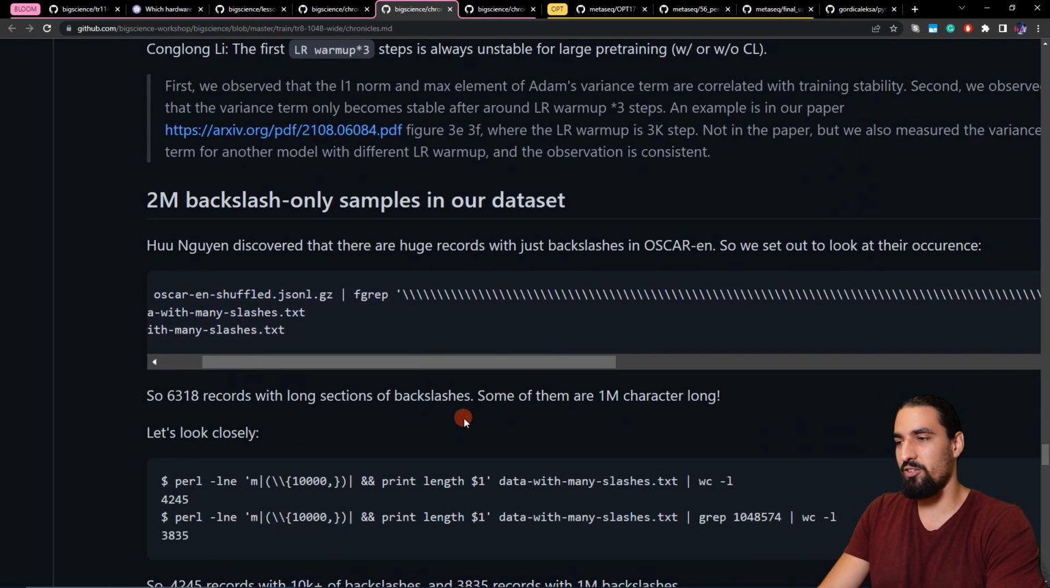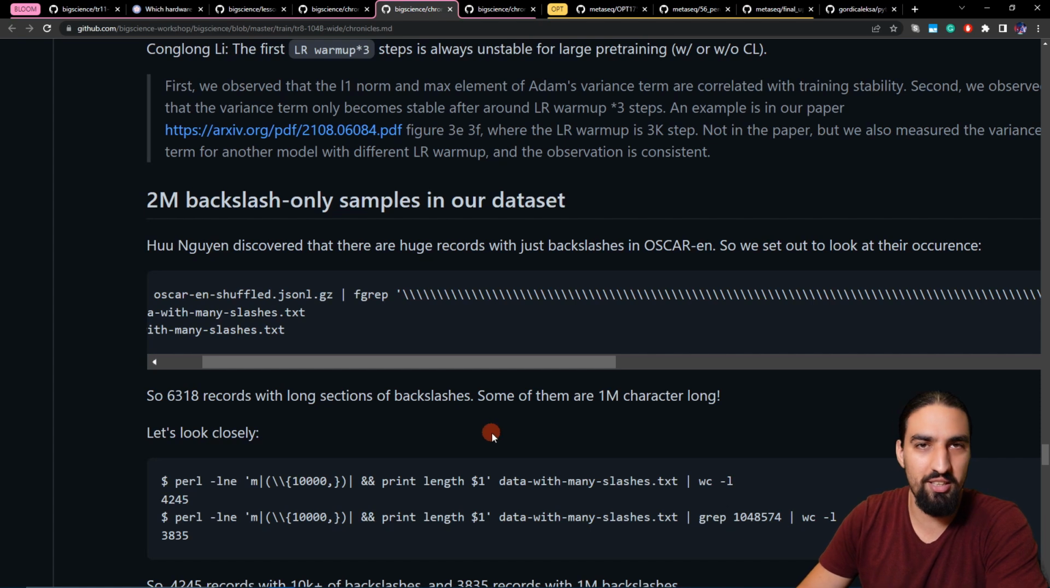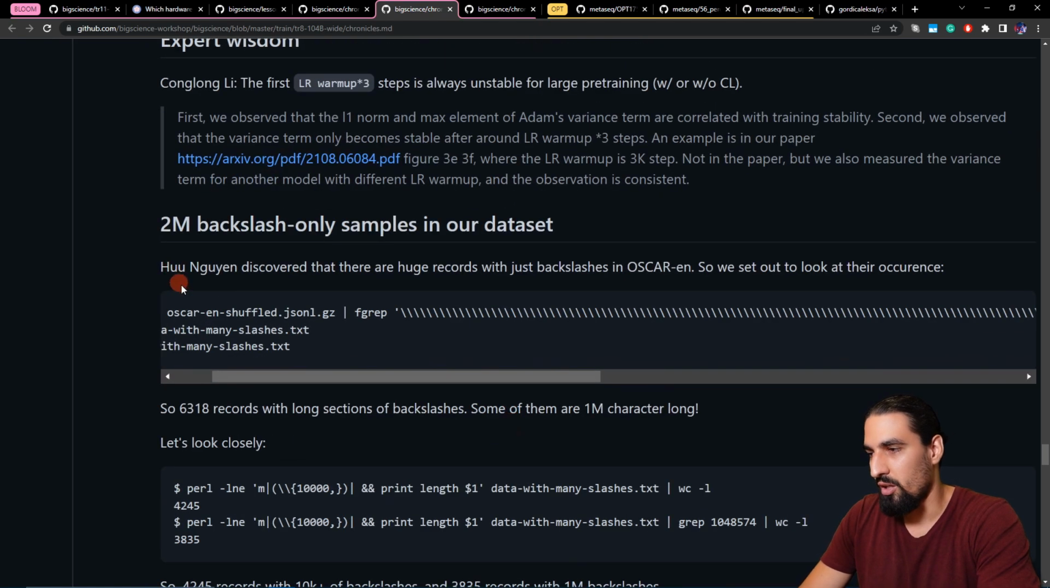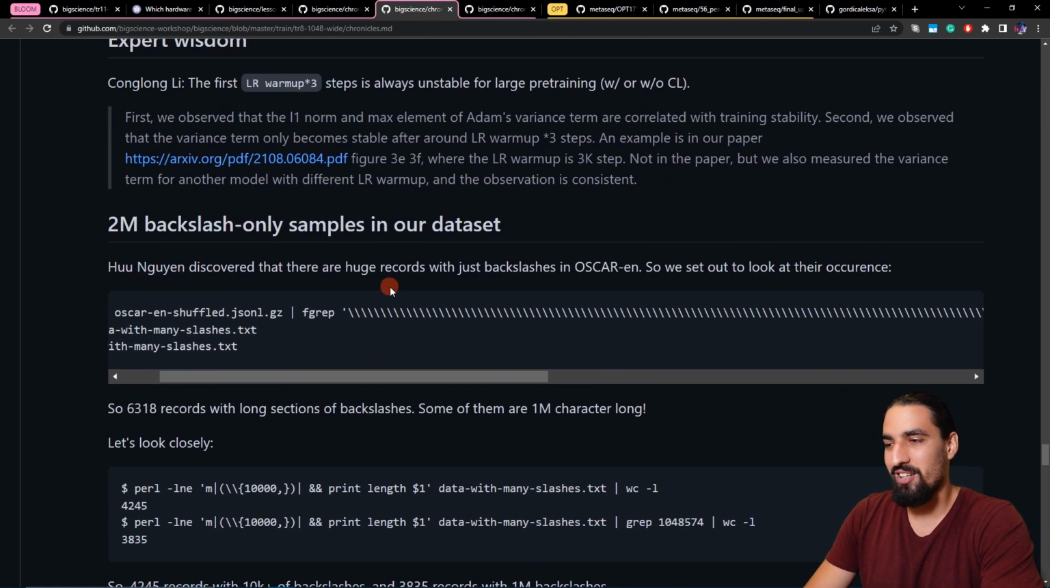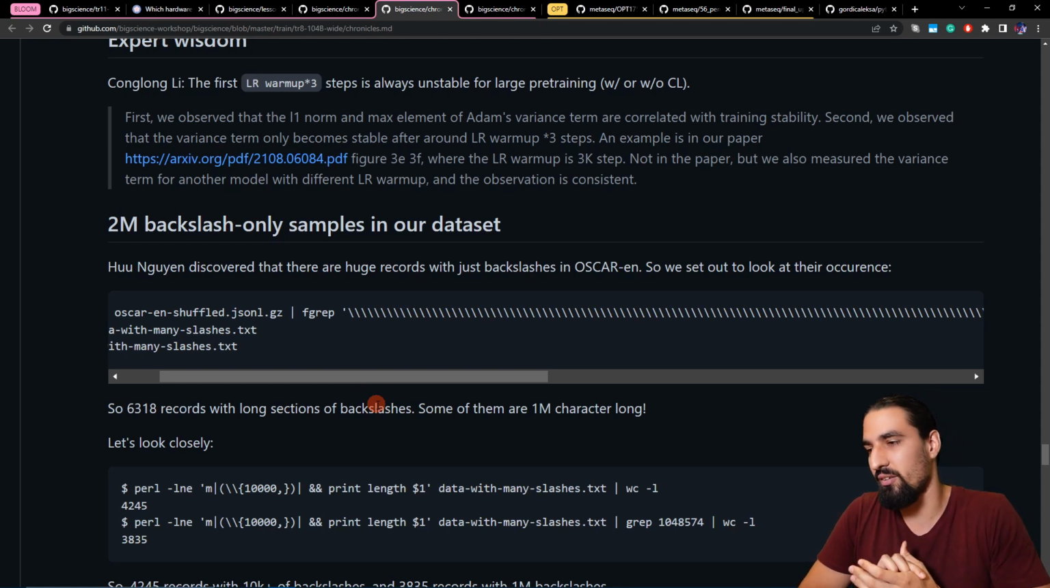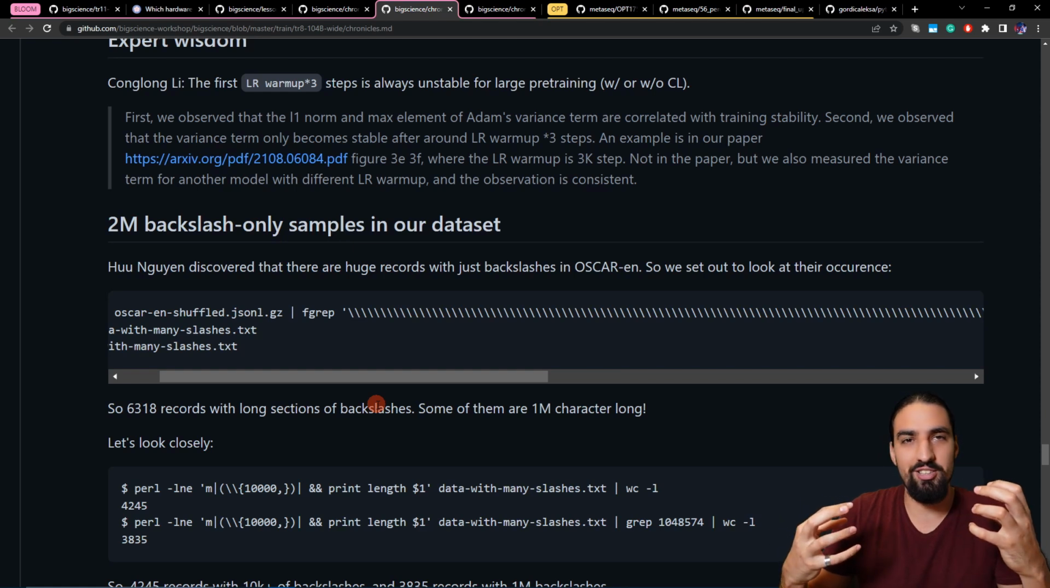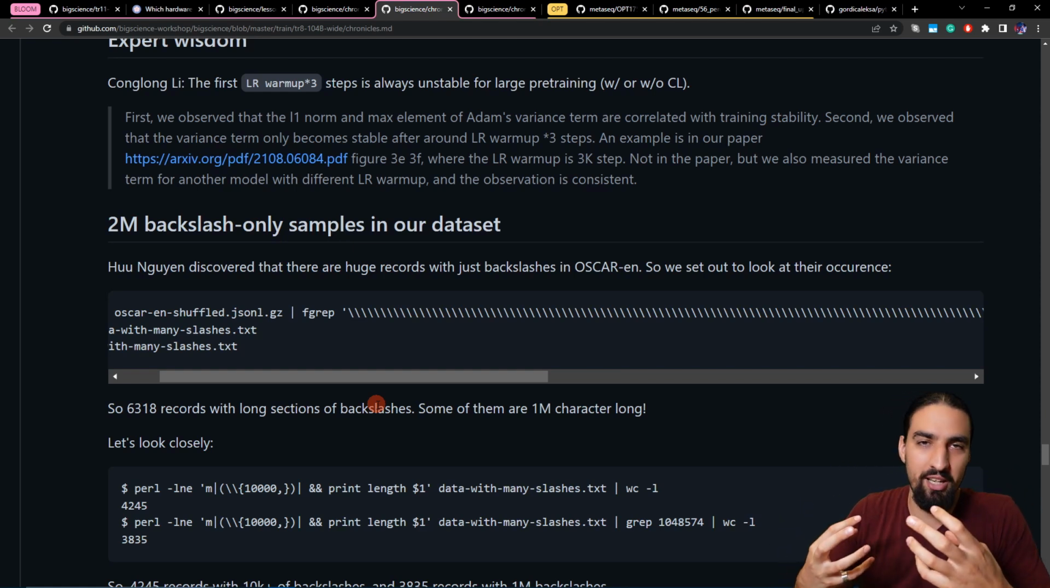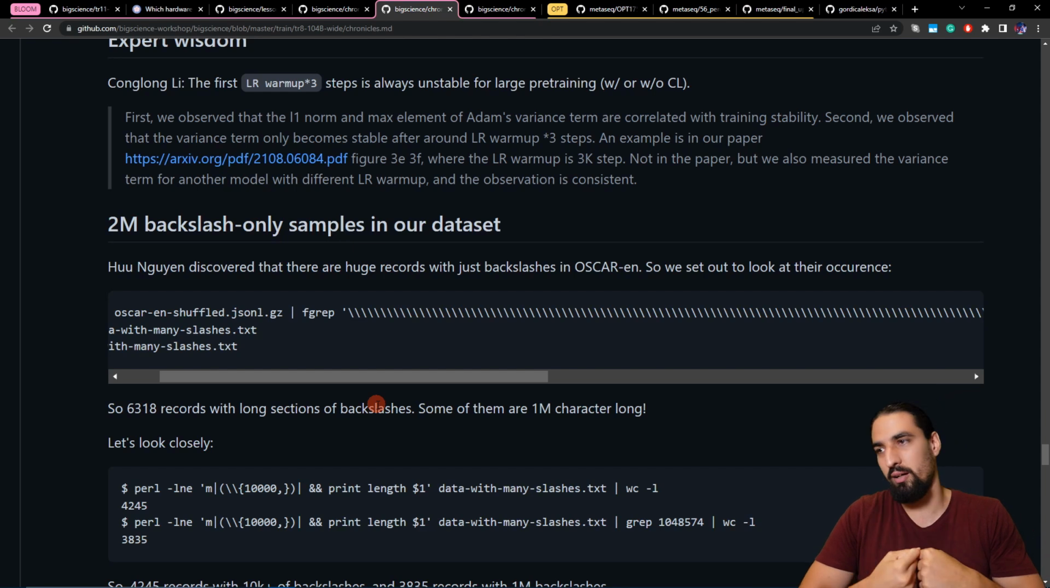So they had 2 million backslash-only samples in the dataset. Hugh Nguyen, I don't know how to pronounce this surname, discovered that there are huge records with just backslashes in the OSCAR English version. So we set out to look at their occurrence. And what happens when your model encounters this sequence is that it can produce the spiking behavior, the divergence. All of these details are the messy reality of training large language models, and it's very nice that